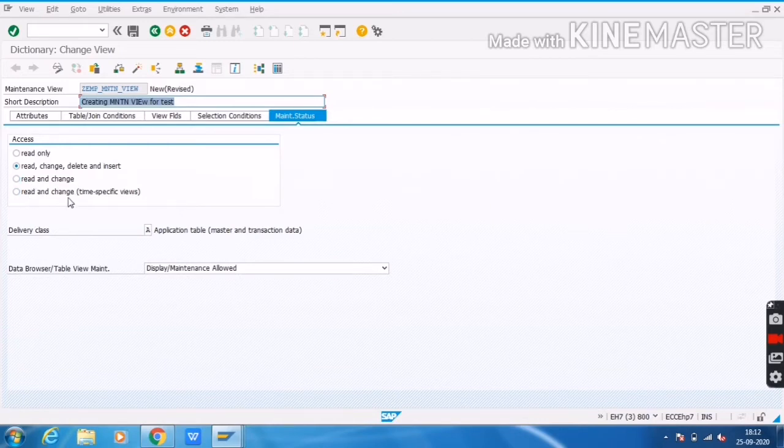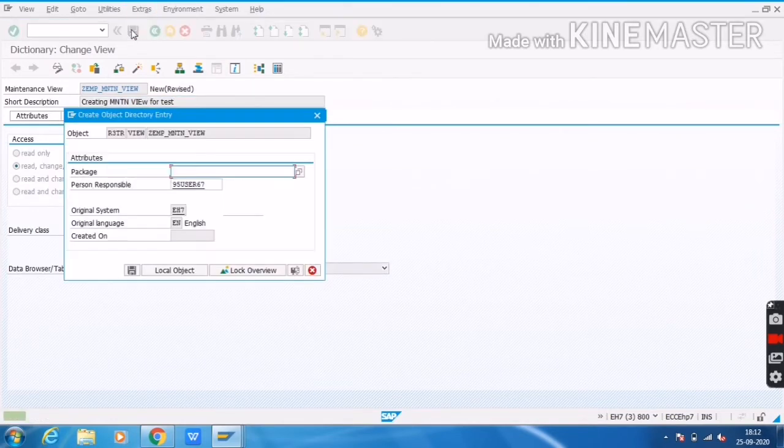We can read and change time specific views, and it automatically provides delivery class A. Delivery class means application table, master data and transactional data. It will store inside the application table. So maintenance allowed.